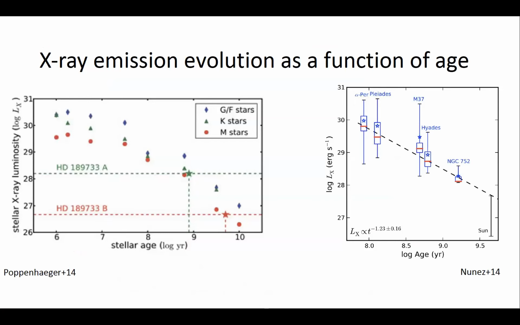In addition, we know from studies, but only a few studies, that the X-ray emission is a function of age. And so when you're young, you have a very bright X-ray luminosity. As you start to age, that decreases. This X-ray luminosity age relationship is really only based on a few clusters where we have the data to actually determine what those X-ray luminosities and ages are, because you need a cluster to get a really strong age from that. So we don't have that many clusters where we have the X-ray depth to actually detect and characterize the X-ray flux.